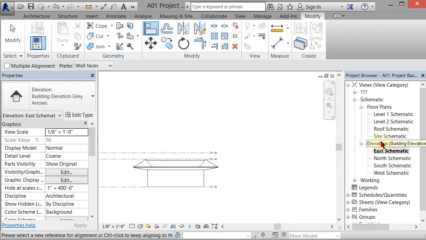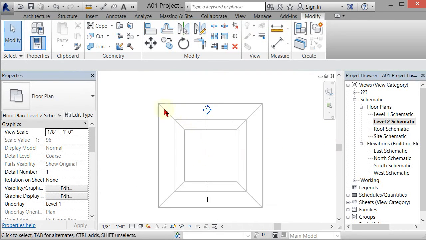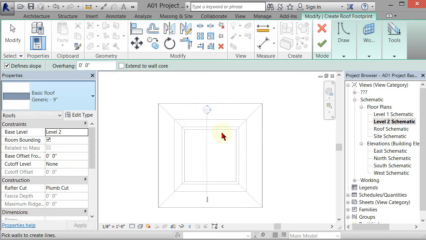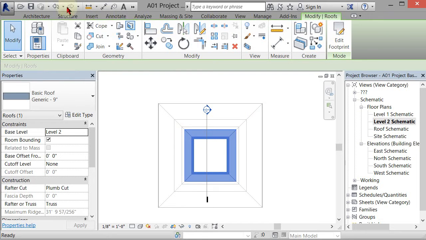So I'm going to come in to level 2, and I'm going to make a roof. So I'm going to go to Architecture, Roof, and we can put a basic 9-inch roof, and you can see that it wants to go in and pick the edges of things, right? So I can actually hover over something, and sometimes if you tab select, it'll just flip all the way around. So we're basically making the outline of the roof. And right now it actually is going to slope all of these up to a point. So let's just see what happens. So I'm just going to hit check. And if we go to our 3D view,